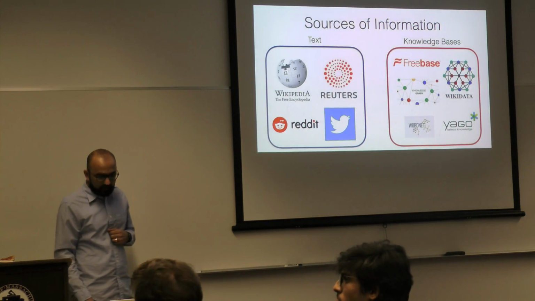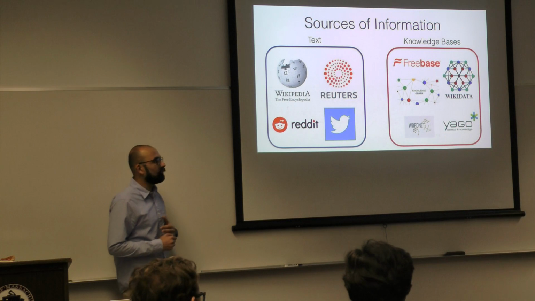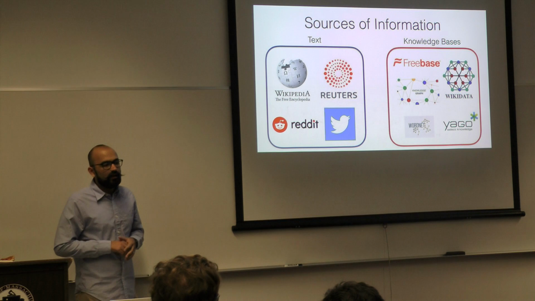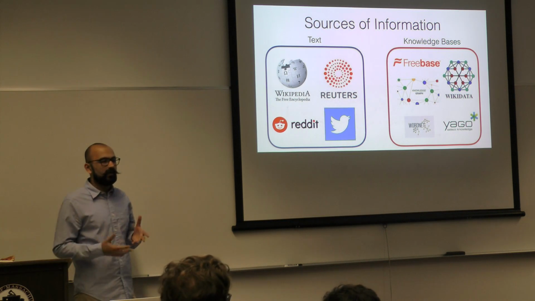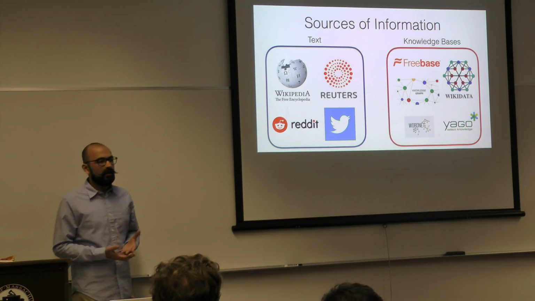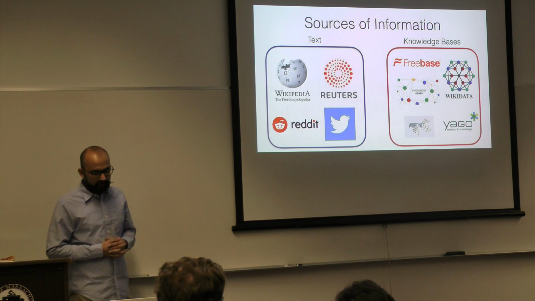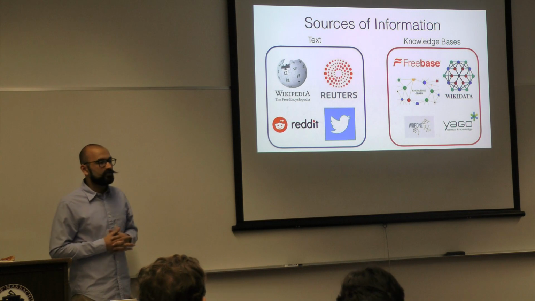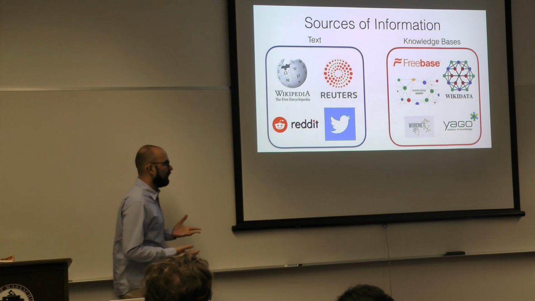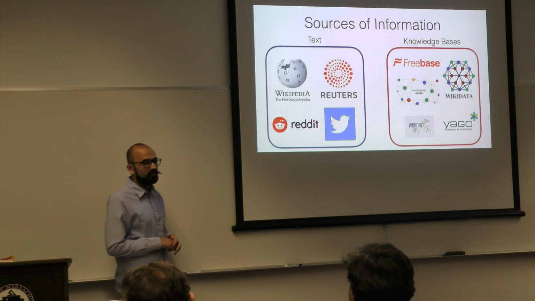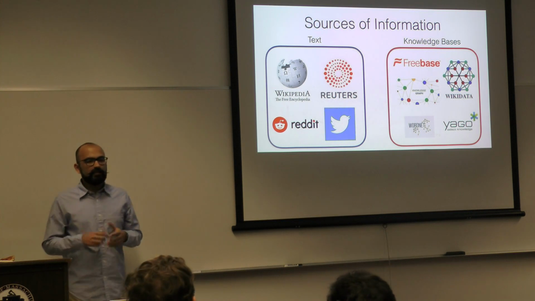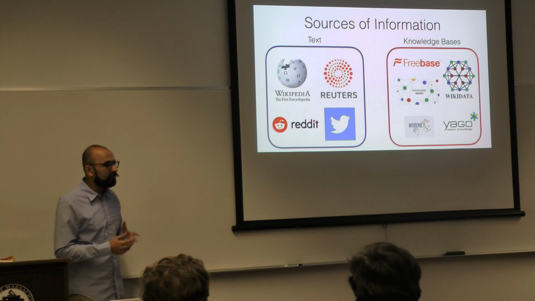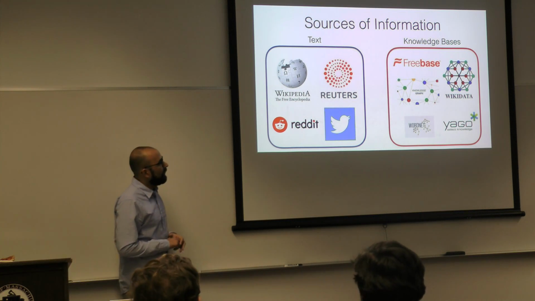Now, whenever you're looking to build a factoid question answering system, one of the key considerations that you must first think about is what is the source of information? Where are you actually going to look for answers to the questions that you want to be able to answer? Two main sources of information that people have looked at a lot are text corpora and structured knowledge bases. So text corpora includes things like Wikipedia, news articles from Reuters or Reddit or Twitter, and